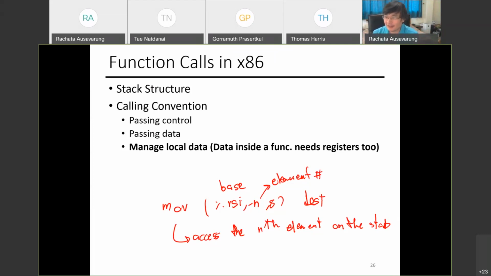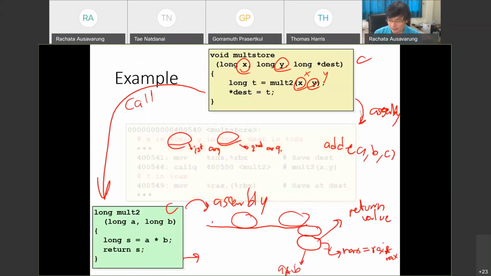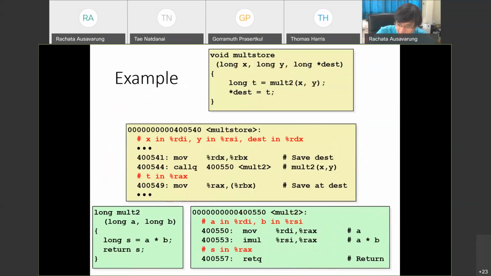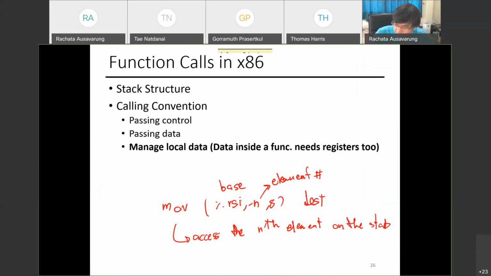What is RBX? Why do we have to save the pointer first and not use it right away? Okay, so if you go to this code, one thing that happens here is, is it okay if I clear the screen and redraw because it's really messed up right now. So I need to draw it on the same screen again. So let me erase everything here. You notice that RBX,